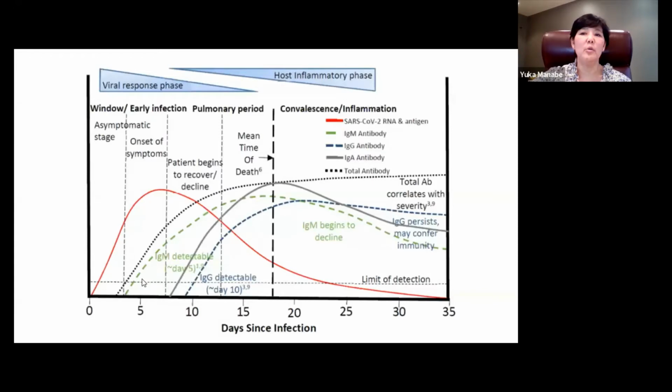The total antibody, though, starts to increase sometime around day 5, such that you have IgM first, IgA next, and then IgG. But you can see that if you decided to test somebody serologically, say at day 3 after the onset of symptoms, you may be very unlikely to find a serological response. It's important to also show that you have a viral response phase in the beginning and then a host inflammatory phase. And during this host inflammatory phase, they may or may not have RT-PCR positivity, but often we've found that total antibody can correlate with severity. So using this maybe as a guide for the future discussion,